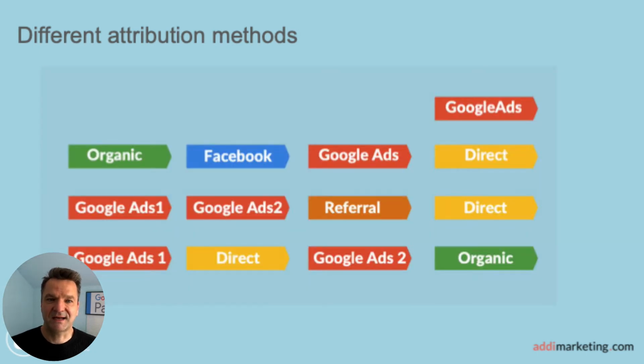Now, when explaining how attribution methods work, we'll look into 4 customer journey examples. In the first one, a Google ad is clicked and then conversion happens, maybe immediately or maybe a day or 2 later. In the second and third examples, there are some Google Ads clicks, Facebook clicks, organic clicks, referral clicks, and the last click is always direct. Direct meaning a website link was clicked, which could have been saved before or earlier, and then conversion happened. In the last case, we see 2 Google Ad clicks, and the final click before conversion is organic.